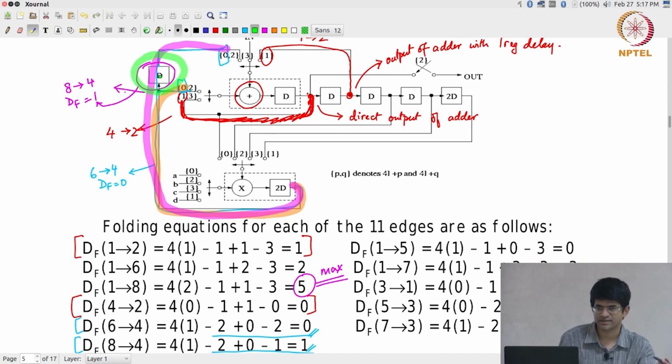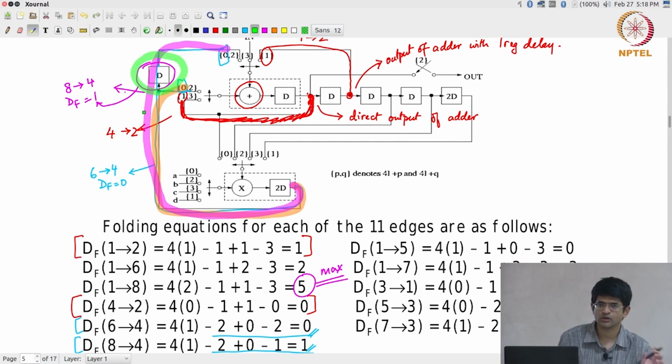I would have ended up needing 2 registers, or I would have had to do something else to my diagram over here. My diagram would have changed in some way. I might not have been able to share some of the wires at least. Okay. So there are some finer details that are involved over there that could further result in minor modifications to your design, but not very significant ones. They would mostly be relatively small changes to the design that you end up with. Okay. So to summarize, once I am able to come up with a set of folding orders, a folding schedule,